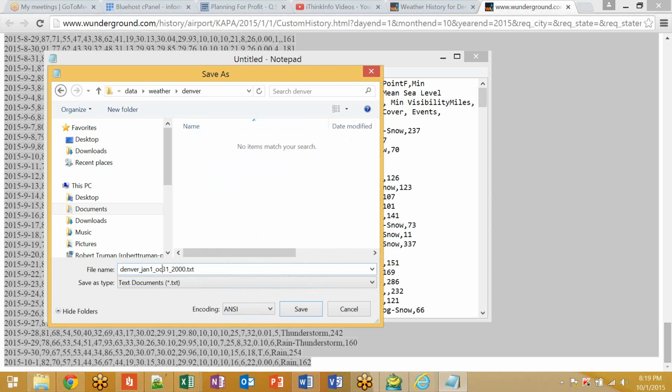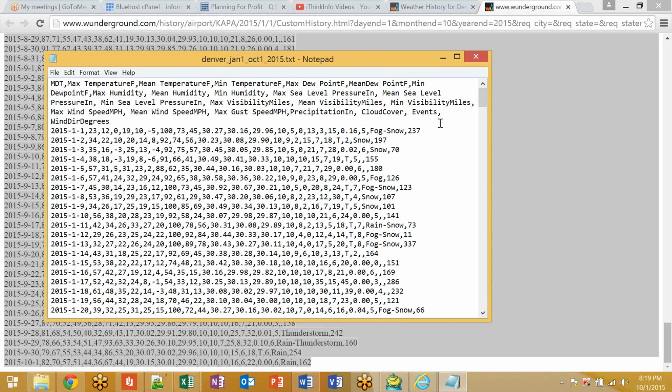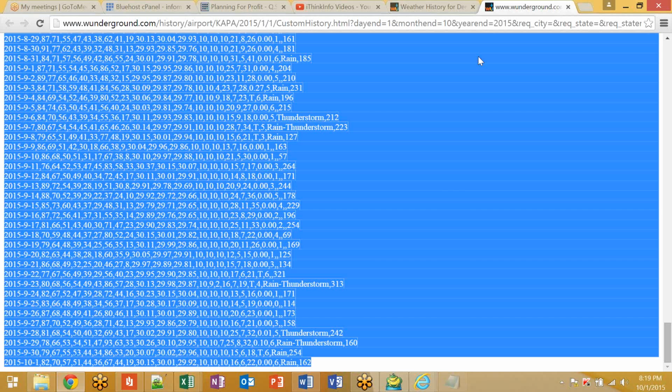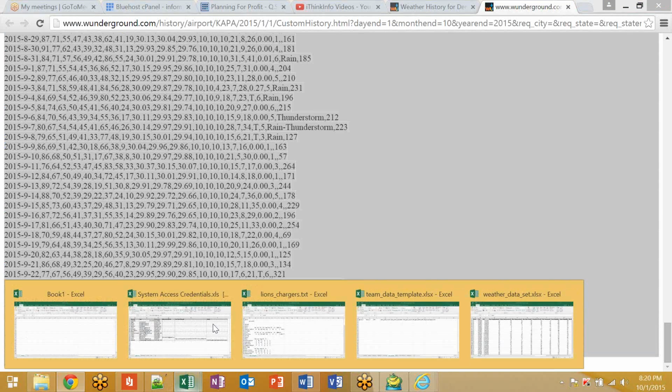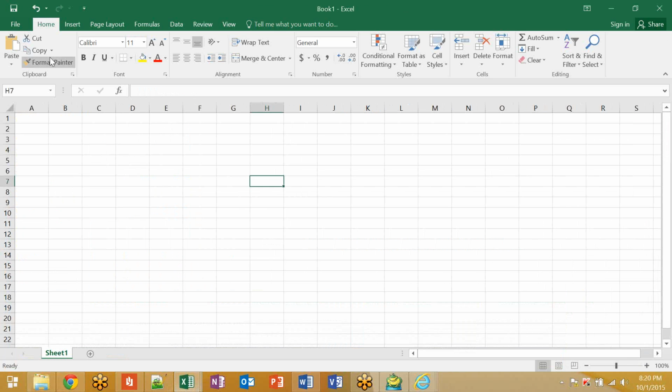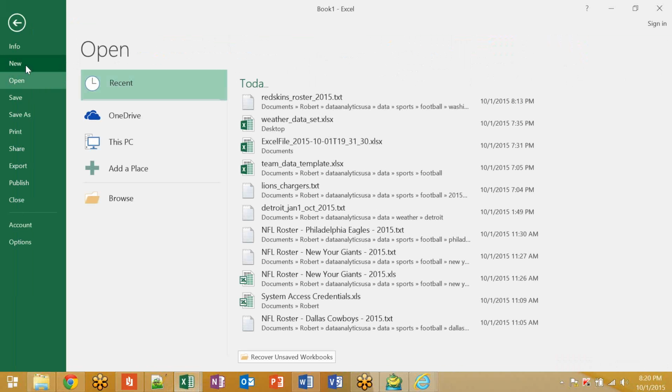Coming through October 1st. I do this way I know the last date for data contained in this file. So next time I go and get data for Denver, I know to start with October 2nd forward. Save it away. Then once again, I open it up in Excel to modify it prior to importing,